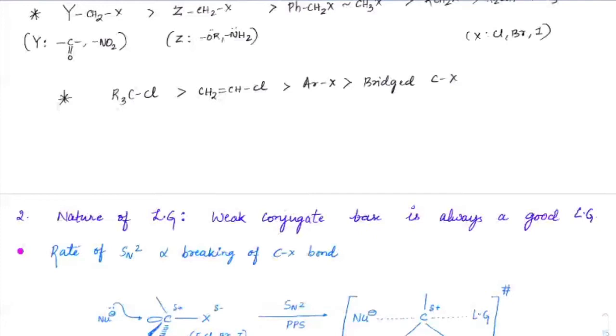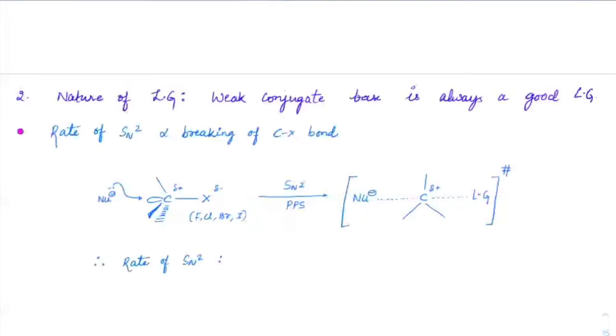So you can check this. If a nucleophile approaches here, and this group has to leave, you see this X minus group has to leave here, right? Then what would be the rate of SN2 if it is fluorine, chlorine, bromine, or iodine? In that case, I can say that the rate of SN2 for RF would be less than RCl, RBr, and RI. Both reasons are justified here. One thing, the R-I bond is weaker. At the same time, I minus is also a much better leaving group because it is a very weak conjugate base.